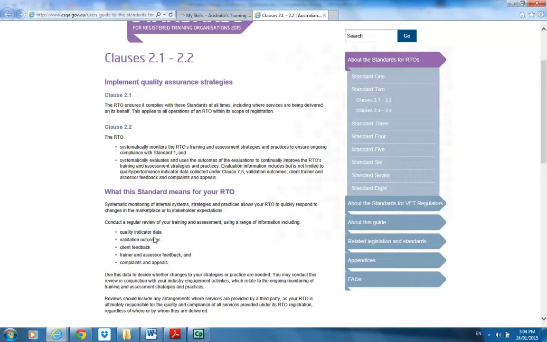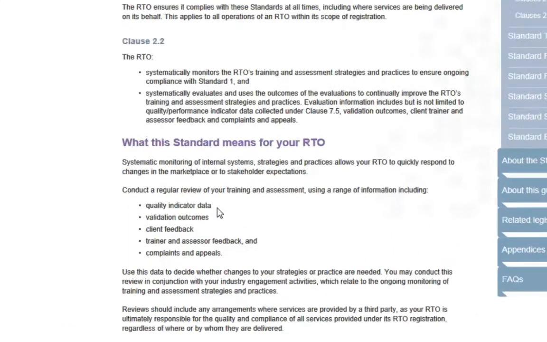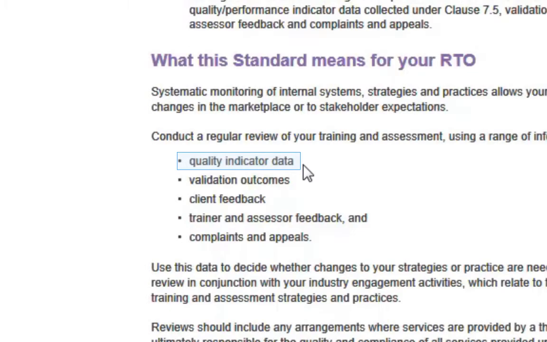So quality indicator data, they have to produce this from their training records annually, and that's about competency completion rates. There's a few different things there. That's more on an RTO level, but you have to be a high quality trainer and assessor to ensure that your learners don't drop out of your course. Okay, now then it talks about validation outcomes. So validation, as I said, we'll get into in Module 3, and we'll just unpack that a little bit more